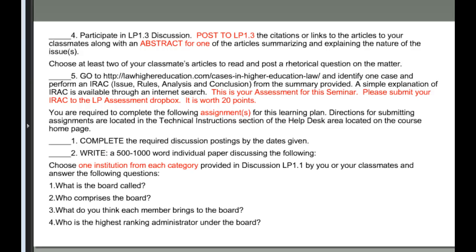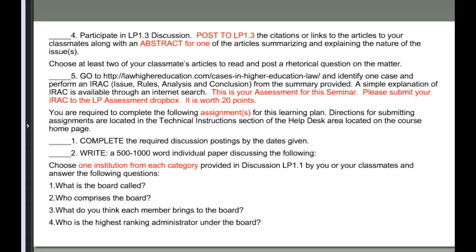All right. So now for this learning plan, you're also going to have a couple of assignments. The first assignment, obviously, get your discussion postings in by the dates given. The sooner you get them in, the sooner people can respond, and we can have a nice discussion on those topics. The assignment